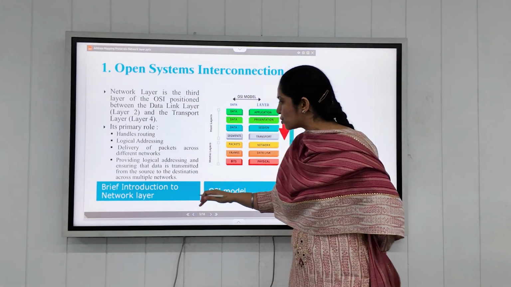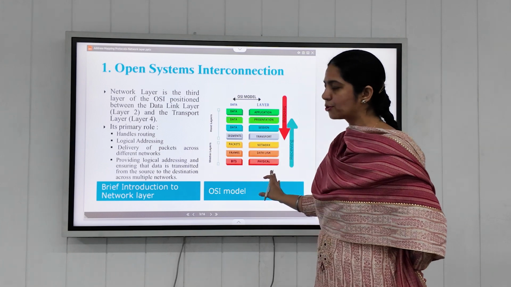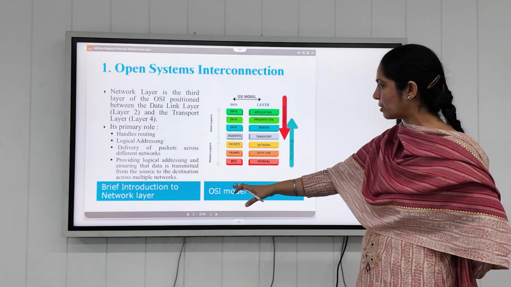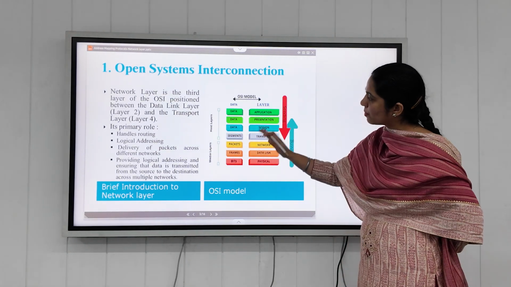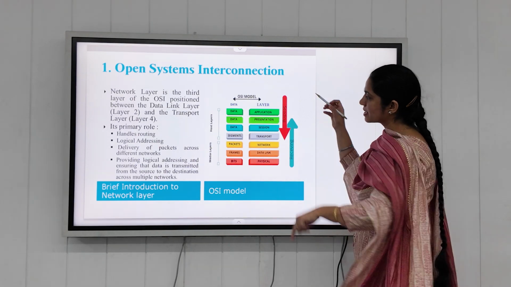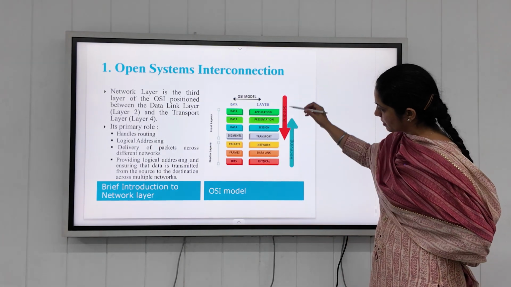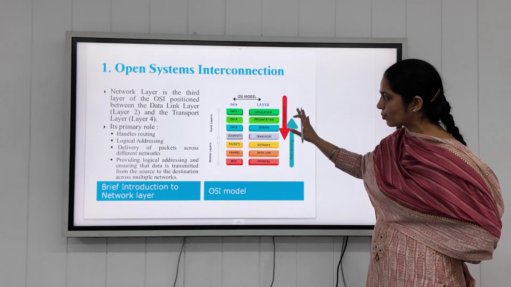This is a brief introduction to the network layer. In the OSI model, data sending and receiving occurs both ways.